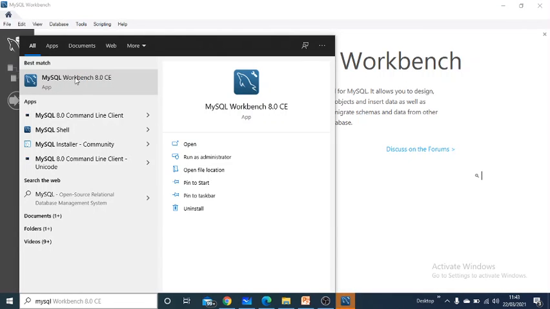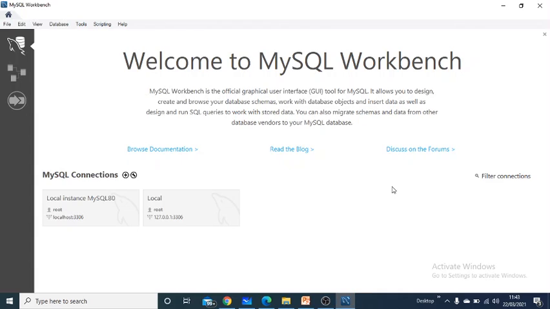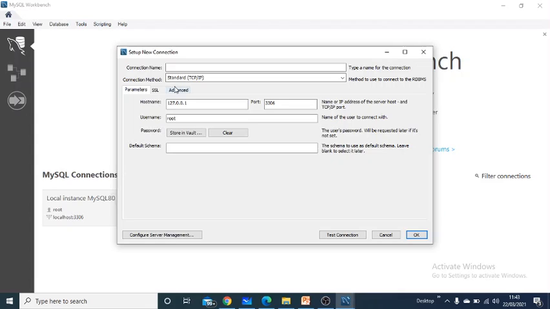Once you click it, it is going to open up MySQL Workbench, and after opening it, you have to establish the connection with the SQL server that you have installed on your machine. To establish the connection, go to MySQL Connections in this particular area and click the plus sign. As soon as you click the plus sign, this prompt comes up, and from this prompt you can link your local MySQL server.